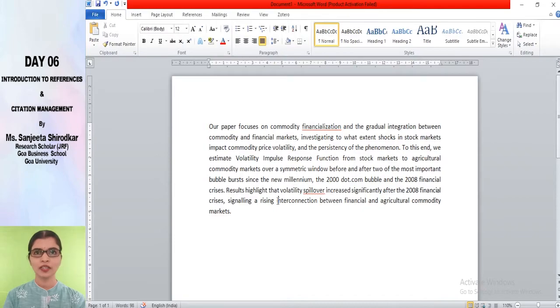Just assume that you are in the process of writing your manuscript and you have typed certain things based on your literature review or anything like that. Now I'm going to show you how to put the citations. In-text citations are required to acknowledge the work of others. If you have taken the idea, or if what you have typed is based on someone else's research, it is always important to cite it. There are ways in which you could cite the text in the body of the paper.